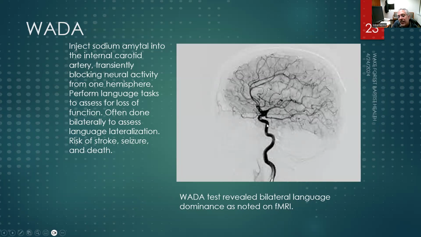And if they're in the right side, they're going to inject this sodium amytal, and they're going to essentially anesthetize for a few minutes the entire right cerebral hemisphere. And the patient has this done to them while they're awake. And so you can test language just before you inject the sodium amytal, and then you can inject and then repeat the language tasks and literally measure the decrease in language function in the patient when you've transiently anesthetized one